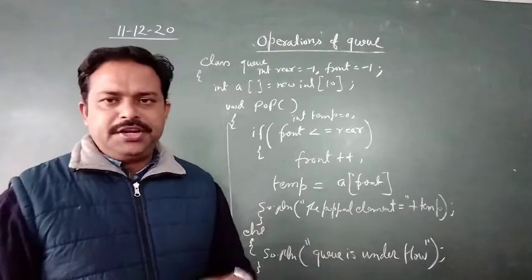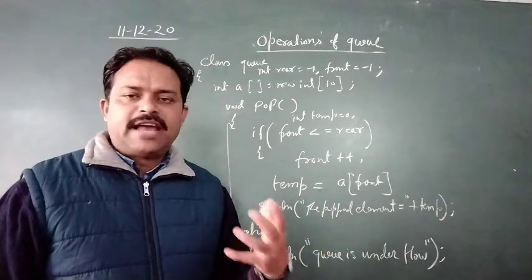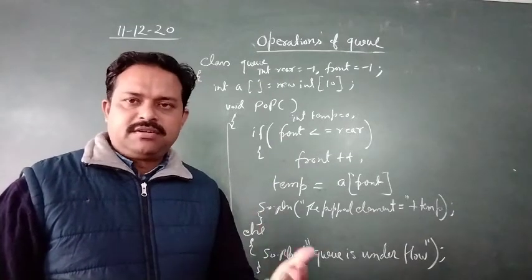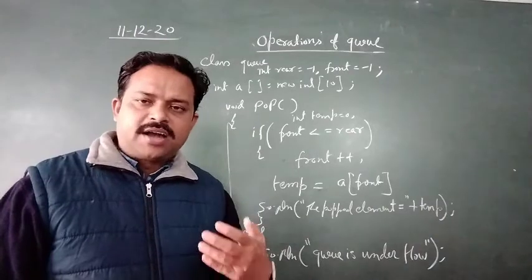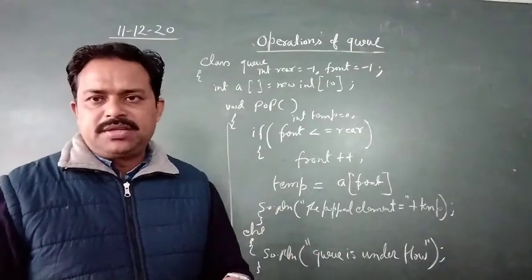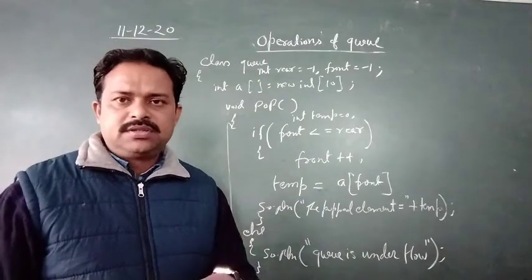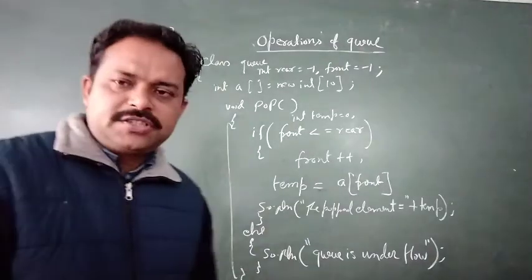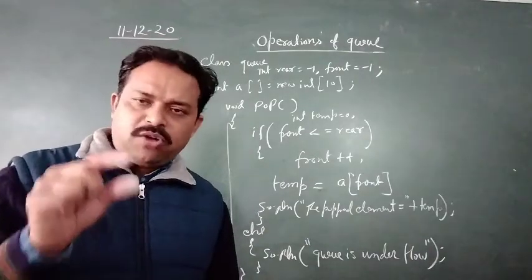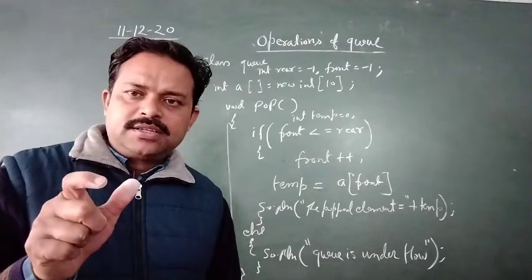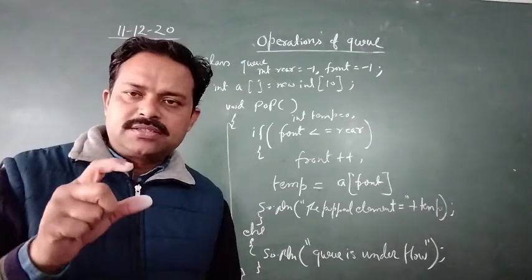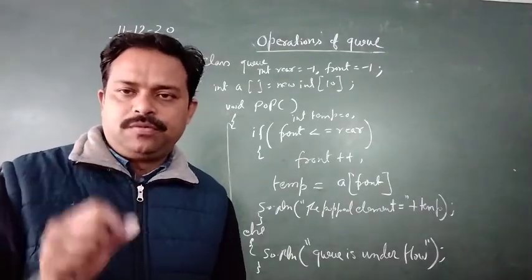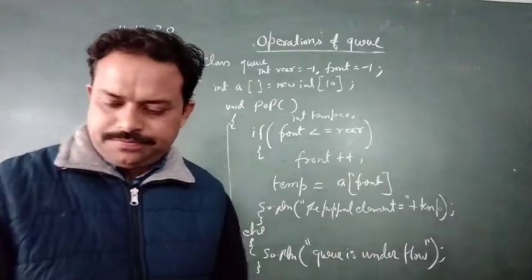Because after insertion, after deleting, let me check what elements are available, whether the elements are there or not. If I am inserting, let me check whether the elements are there in the array or not. If I am deleting any elements, let me check how many elements are left. Okay, so let us make one more function, display. And this display function is very important. Here only we are going to show that it follows FIFO, first in first out.